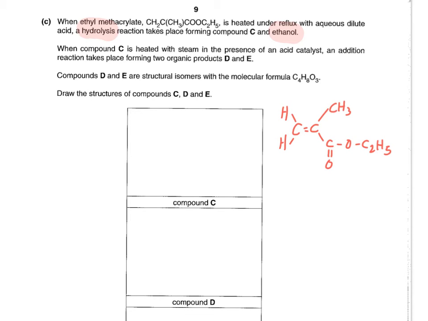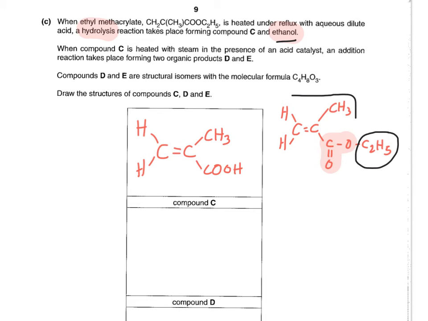And because we're talking about hydrolysis, obviously this time it's the ester linkage that's affected, not the carbon-carbon double bond. So because the ethanol will clearly be coming from this part of the molecule, it's this part of the molecule that will form compound C. So that's why I've put in the answer box that particular structure. So moving the page down a little bit,